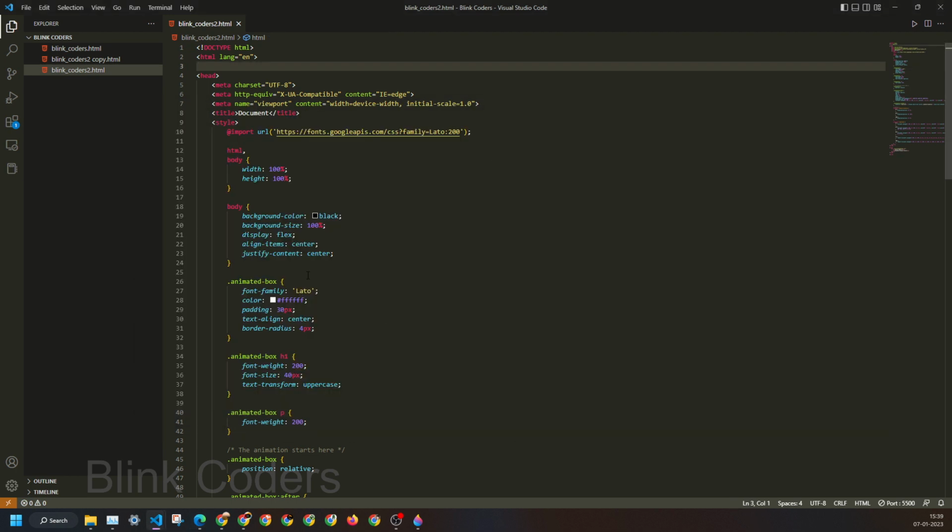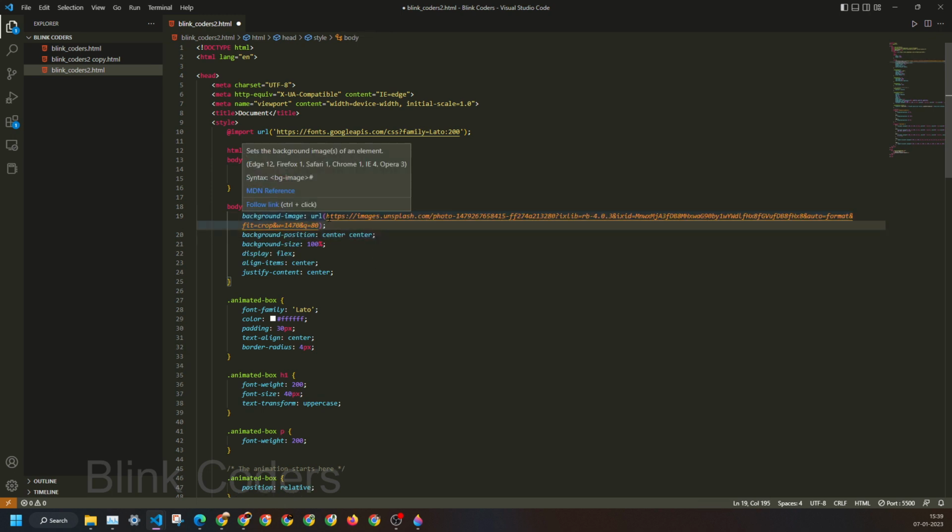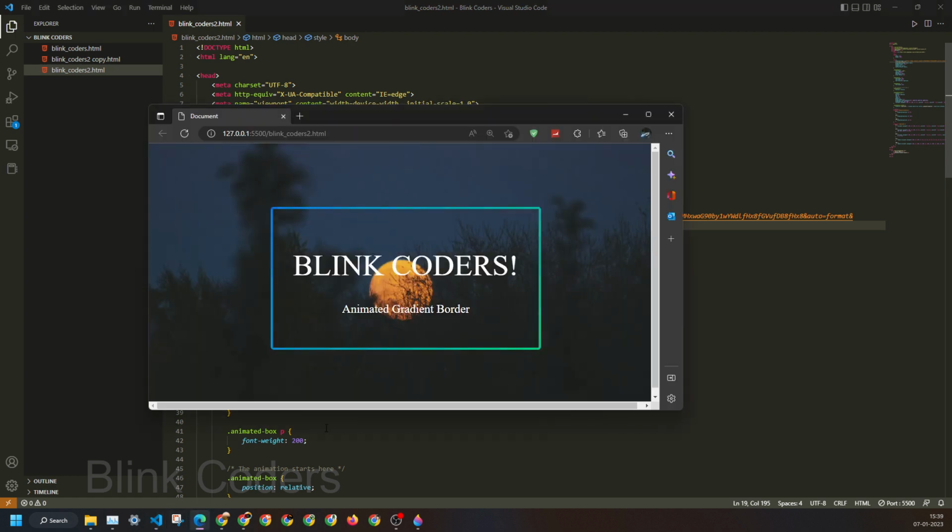If we look at the code, let me do the changes. This is the Unsplash image which will be the background. Let me save the code and open the browser again. This is how it will look like. Let me refresh it. This is how this goes around and this is how the animated gradient border will look